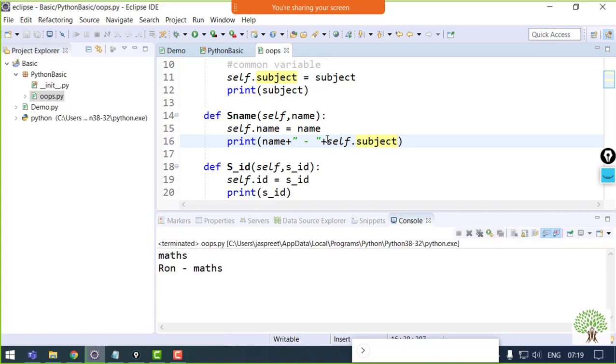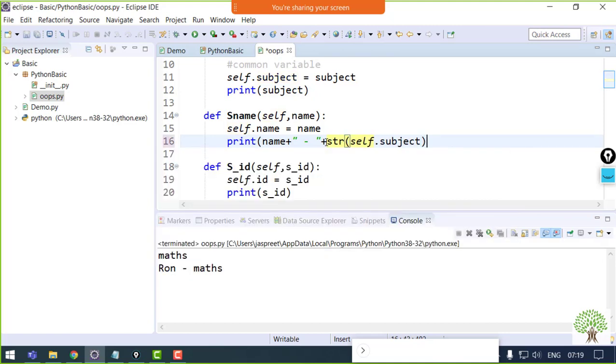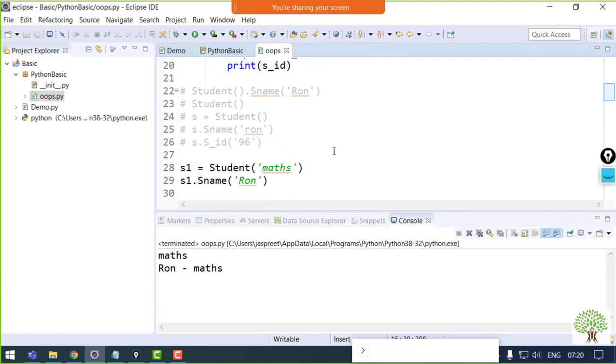So you have to make sure that if you're concatenating some of the variables that you are using and you want to print them, just add the same data type in front, then it will help you to concatenate, otherwise it will keep on giving you the error. Fine. This is how Python works.